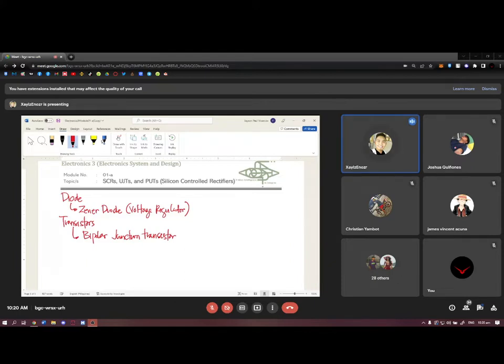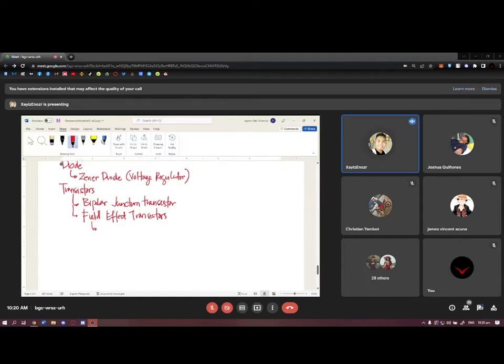Then we have here yung field effect transistor or the FET. Then under field effect transistors, so we have discussed the characteristics of JFET, the MOSFETs,